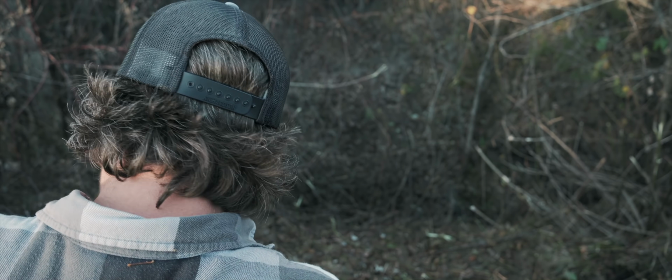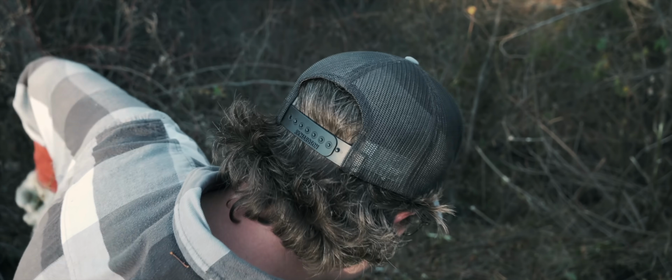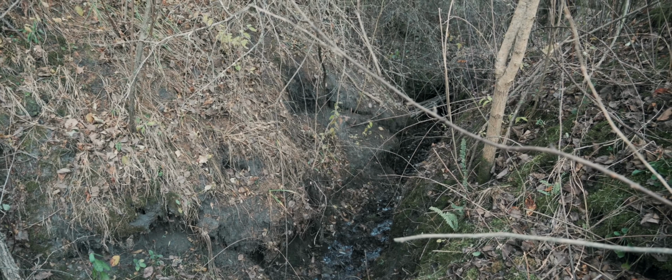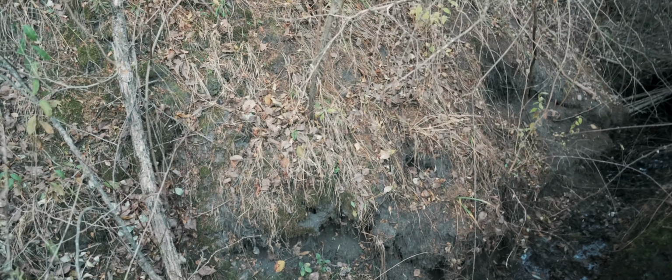So first of all, there's a pretty good drop off here, and I wasn't sure if I should go down there because I was worried I wasn't going to get back up, but I was able to, so let's go down there. Down through here, I mean, we have almost like a cave. It's a really deep ravine that has been caused over time here, so there's definitely been a lot of water,